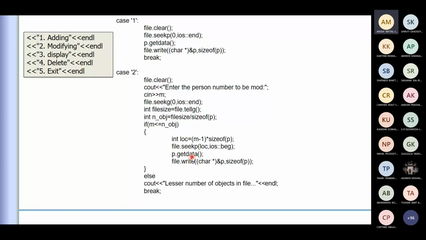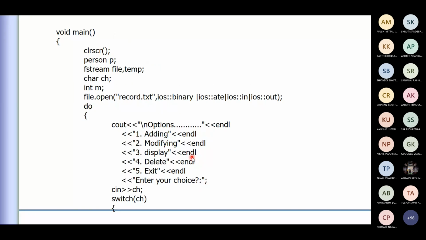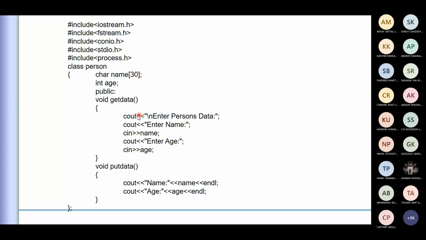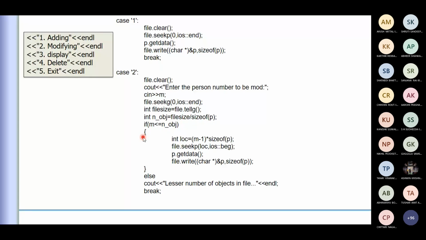Yes, ma'am. New contents are being taken from the user and put there. That's all. Get data will get it from the user. You want to go to that file record. This is what we have done. Get data is here, it takes from the user, the keyboard. So fresh data is taken and put into that particular file. Is it clear for you? Fine. Is it clear? Student, is it clear for you?